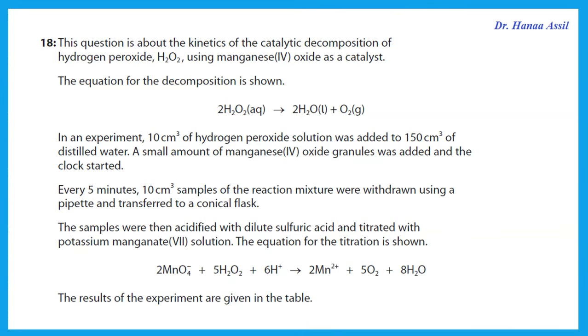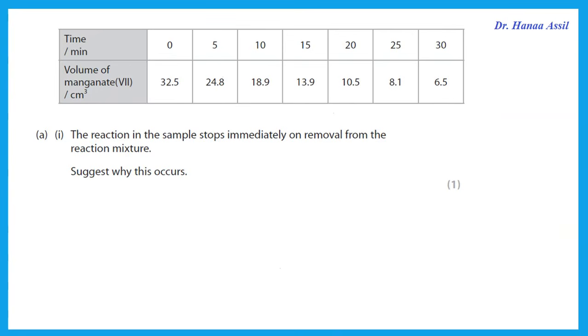Every 5 minutes, 10 cm³ samples of the reaction mixture were withdrawn using a pipette and transferred to a conical flask. The samples were then acidified with dilute sulfuric acid and titrated with potassium manganate, and the equation for the titration is shown. The results of the experiments are given in the table. And the first question is, the reaction in the sample